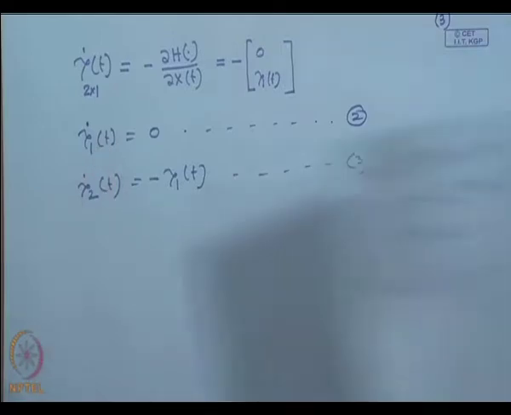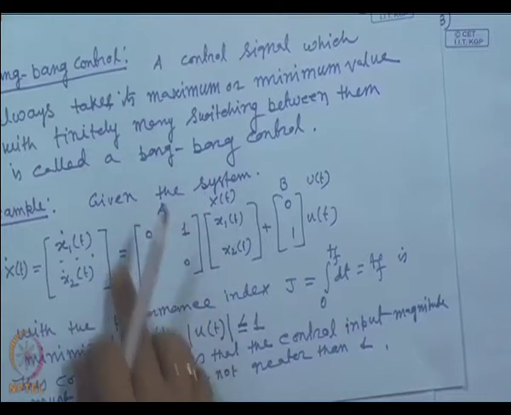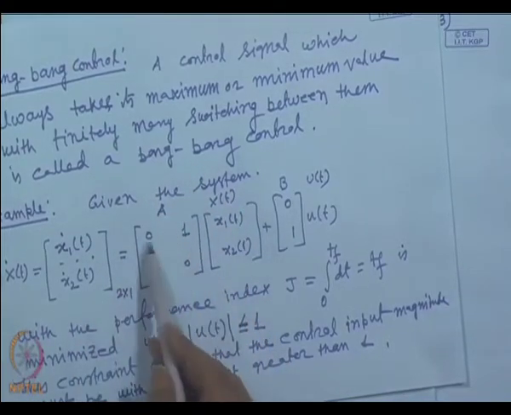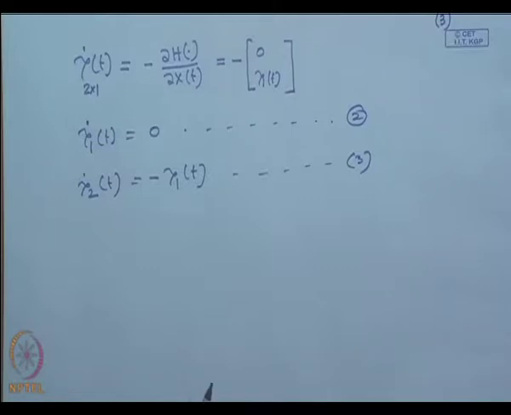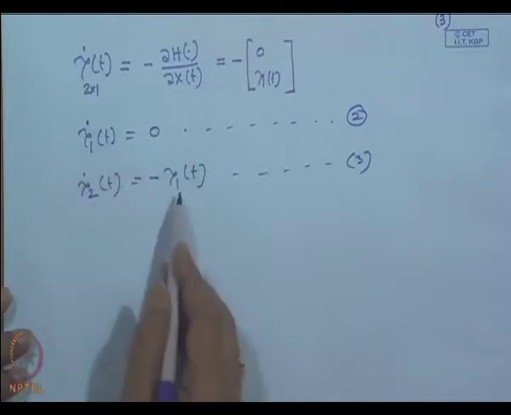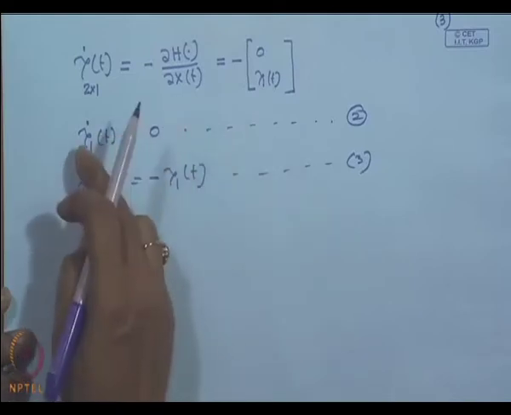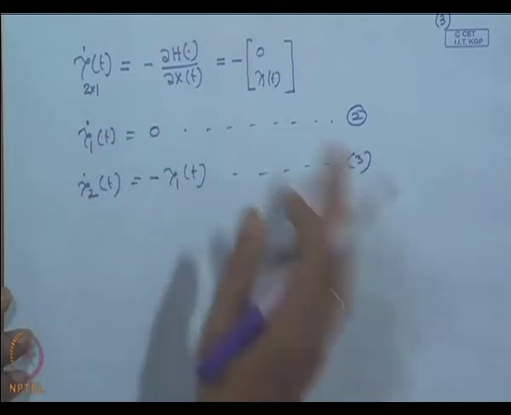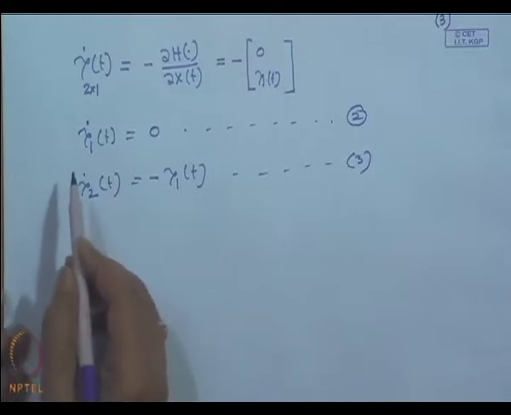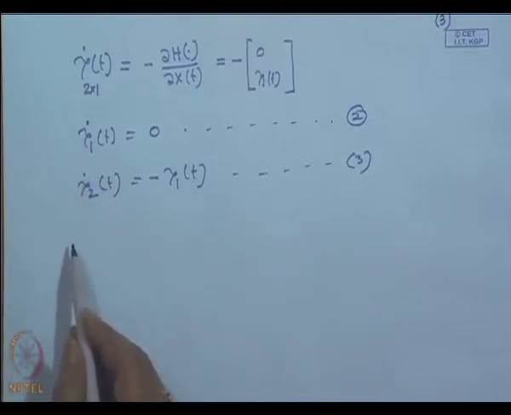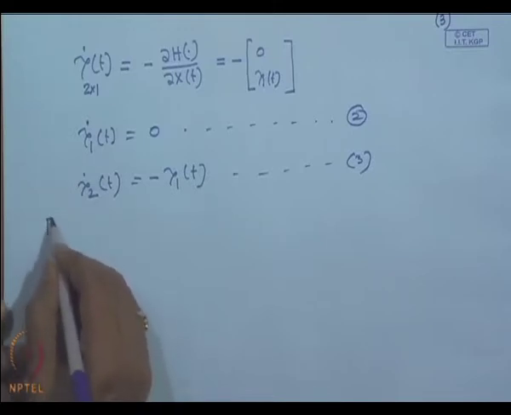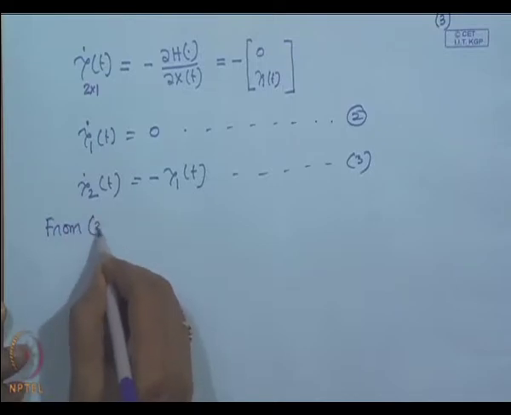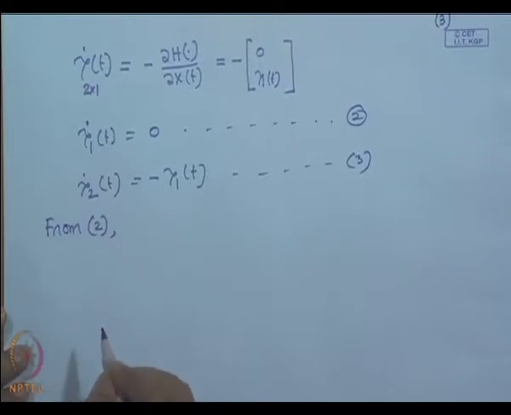In general, even if the matrix does not have a special structure and all elements are there, we know how to solve the state equation. Here also we will get this type of equation, something like x dot is equal to A x form, and you can solve it. So, looking at this, I can write first, from equation 2,